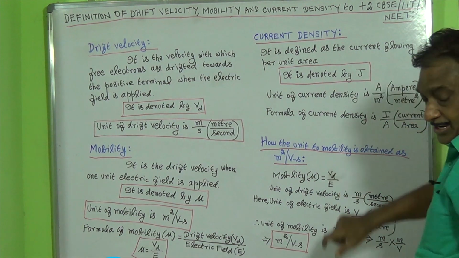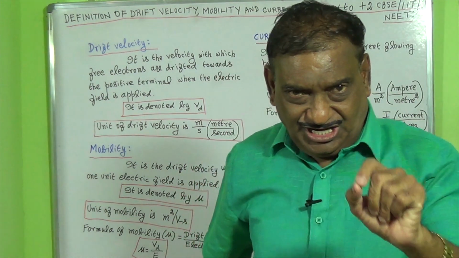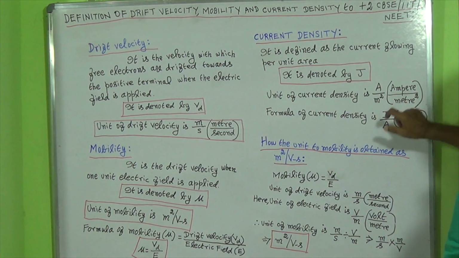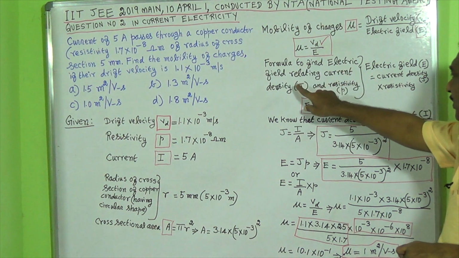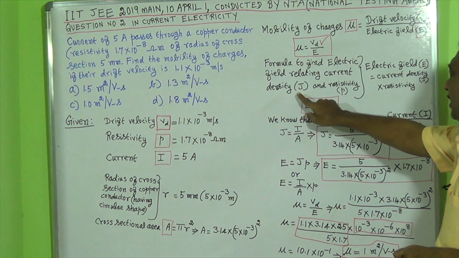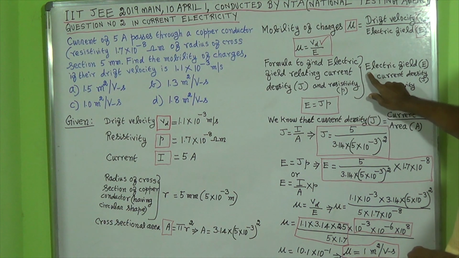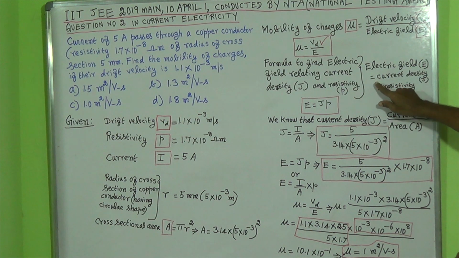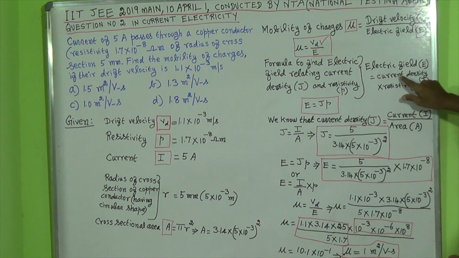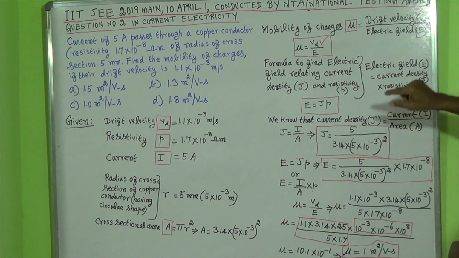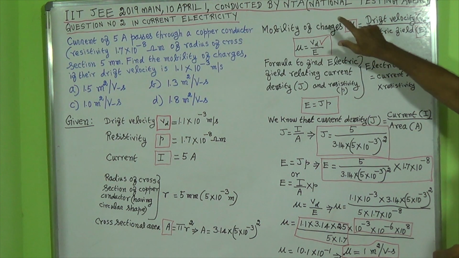Ampere per meter square. The formula for the current density is current by area. The formula to find the electric field relating current density J and resistivity rho is electric field E equal to current density into resistivity. So if we know these two data, we can find the electric field. After finding the electric field, if we substitute it in this formula, we can find the mobility